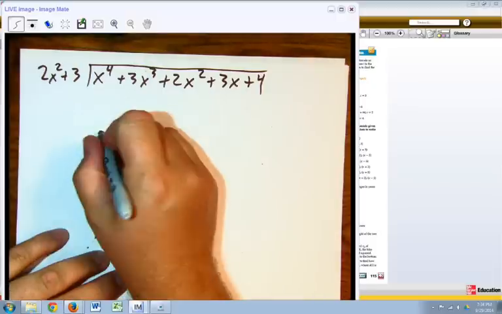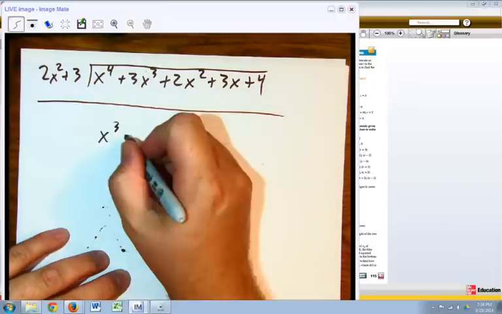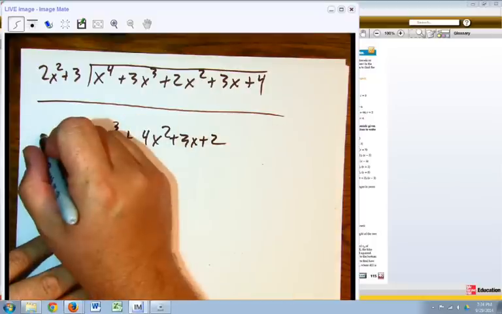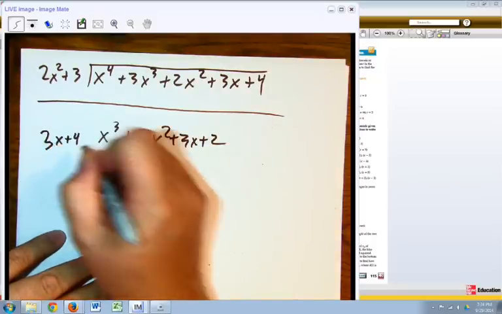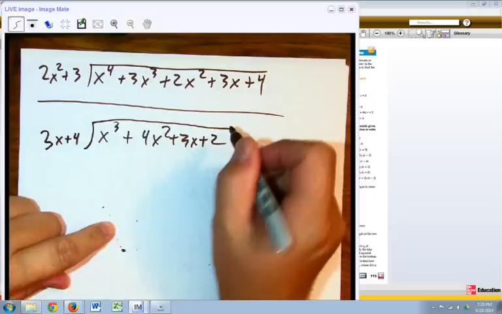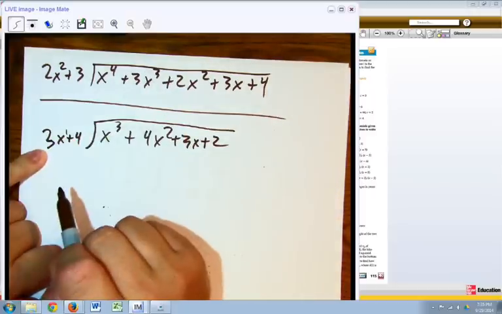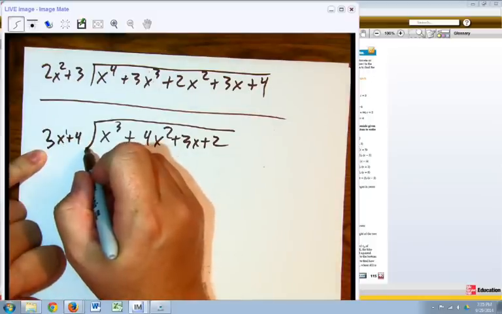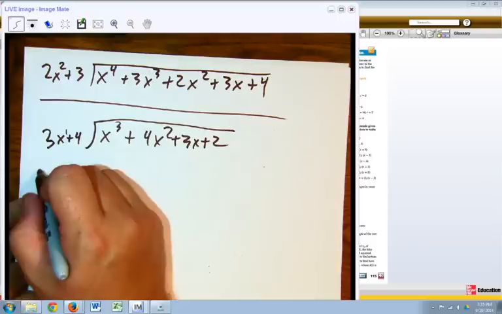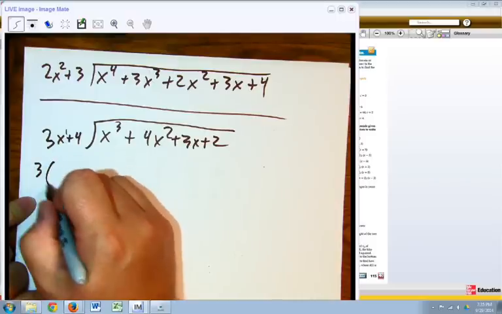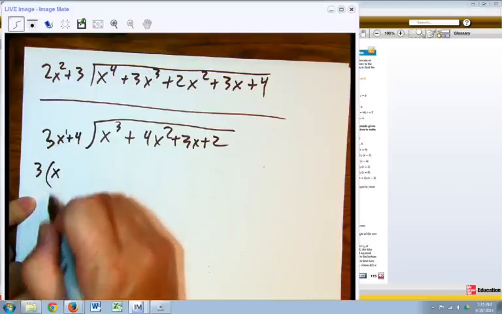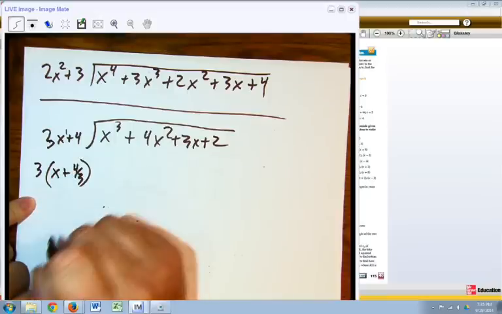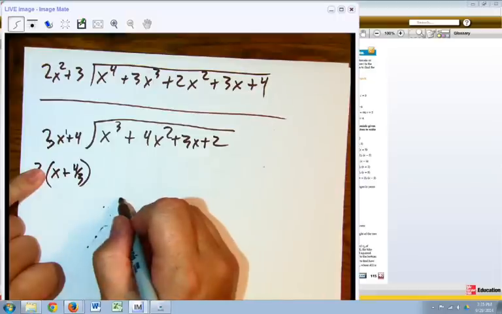Now, if I'm wanting to divide something, but I do have x to the power of 1, and I want to convert it to something I could use for synthetic division, all I really need to do is factor out a 3. If I take a 3 out of 3x, I'm left with x. If I take a 3 out of 4, I'm left with 4/3. And so now I could do synthetic division